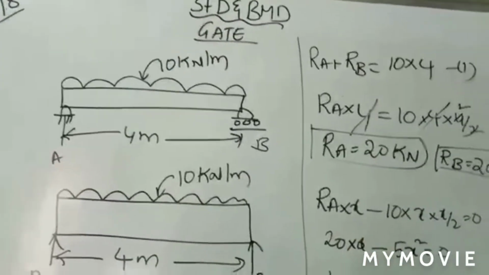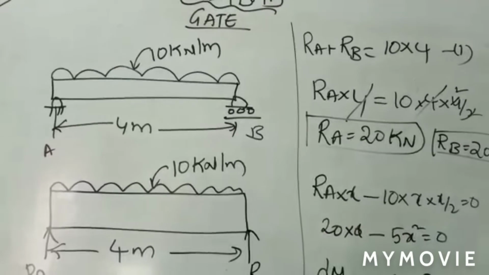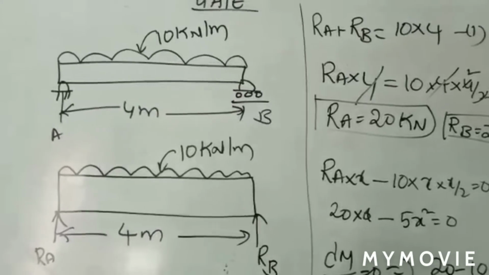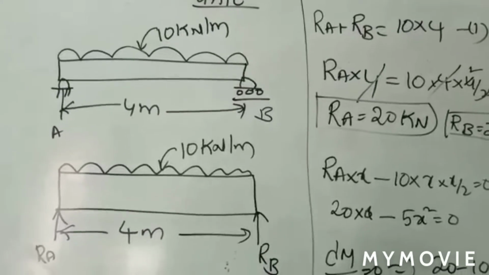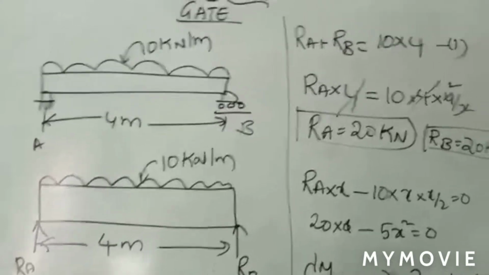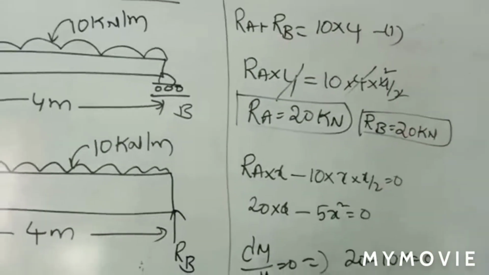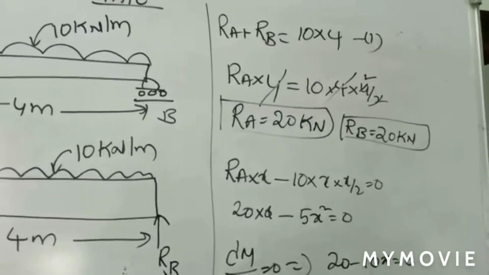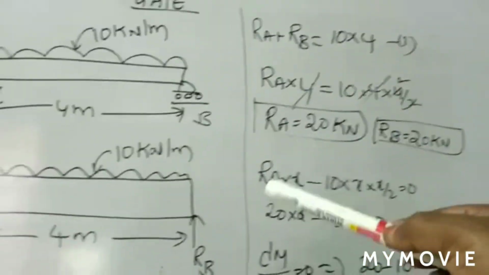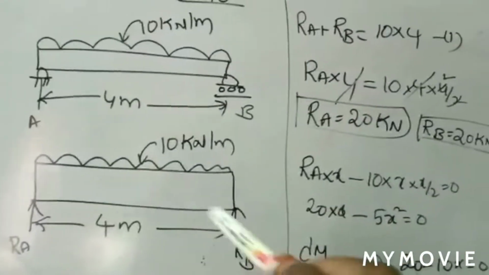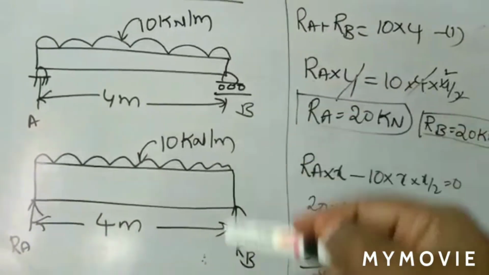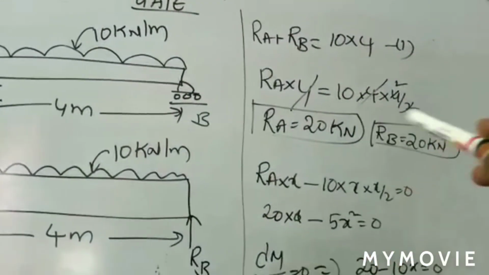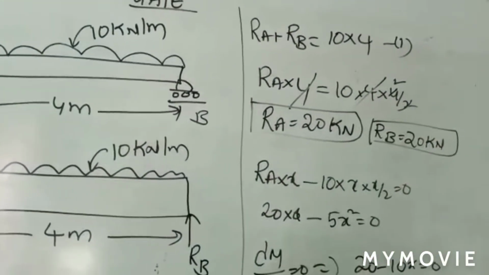So it is a simply supported beam carrying a UDL, right? As usual, the first part is straightforward: you can calculate the reaction forces RA and RB. What are the reaction forces at RA and RB? Simple. Upward force equals downward force, and clockwise moment equals anti-clockwise moment. What are the upward forces? Here the reaction forces RA and RB act in the upward direction, and the UDL, converted into a point load, acts in the downward direction, so 10 into 4, that is 40. So that is the first case.